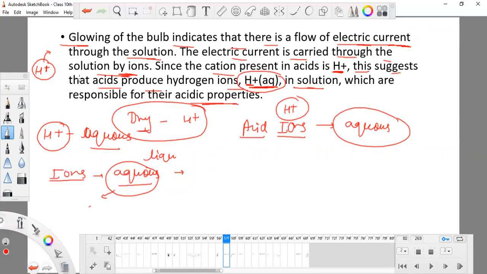We know that an acid is only an acid because it can release H ions, and anything which contains H plus but cannot release it is not considered an acid.